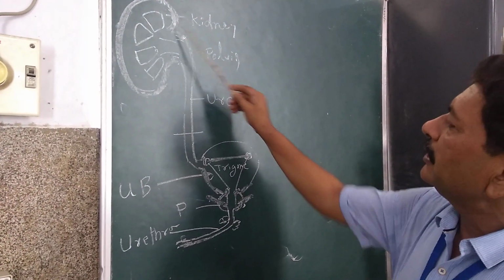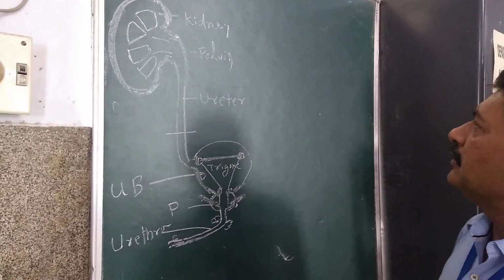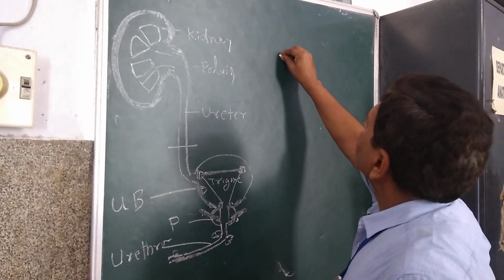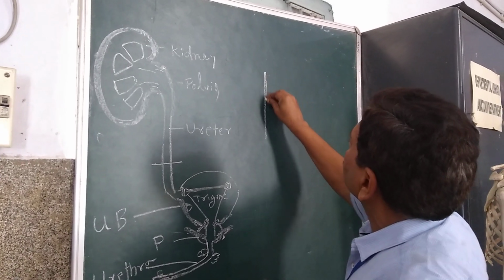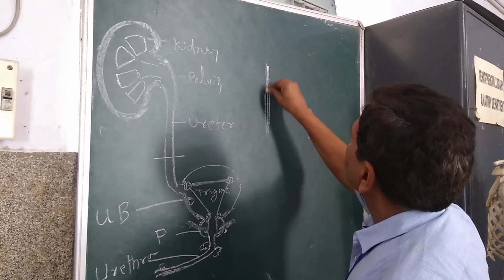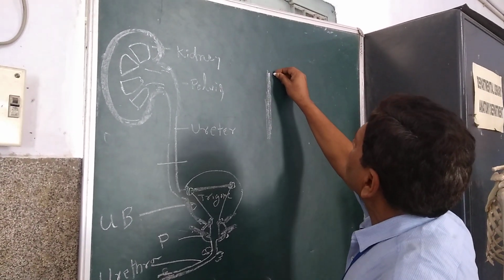So this is the ureter, about 25 centimeters long. It is a tubular structure and it has an outer fibrous layer made up of collagen fiber and elastic fiber. Next to this is the muscular layer, which has